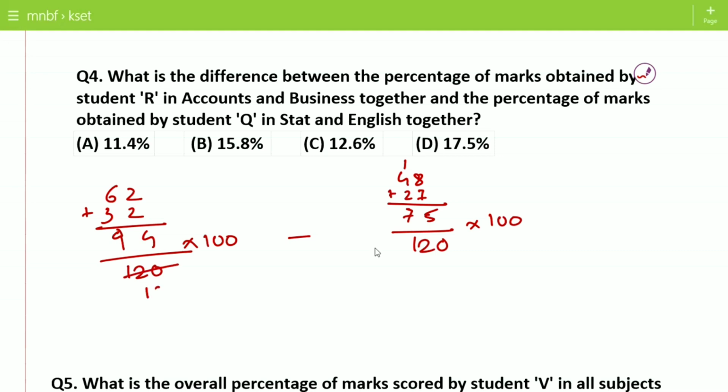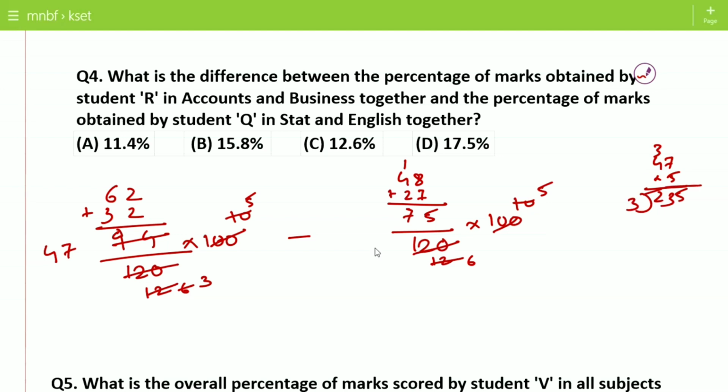So again, a very simple way: 10 into 12, 10 into 10, 10 into 12, 10 into 10. Then we can go 2 into 6, 2 into 5. In the same way 2 into 6 and 2 into 5. Then again here it is possible, 2 into 3, 2 into 4 is 8, 1 4, 2 7 is 14, and here it is not possible. So 47 into 5, 5 7s are 35, 5 carry 3, 5 4s are 20 and 3 23. So 235 divided by 3 is going to be 3 7s are 21, you remain with 2 5, 8s are 24,